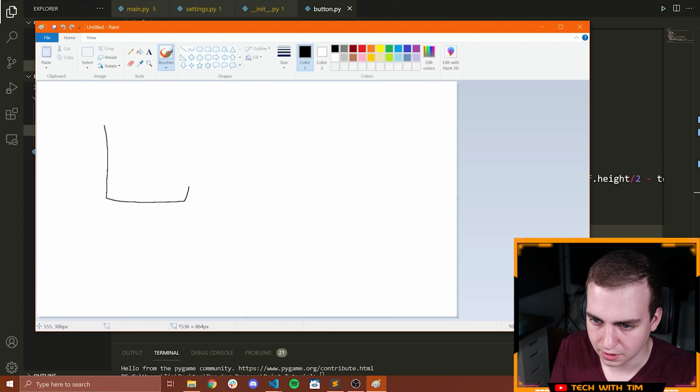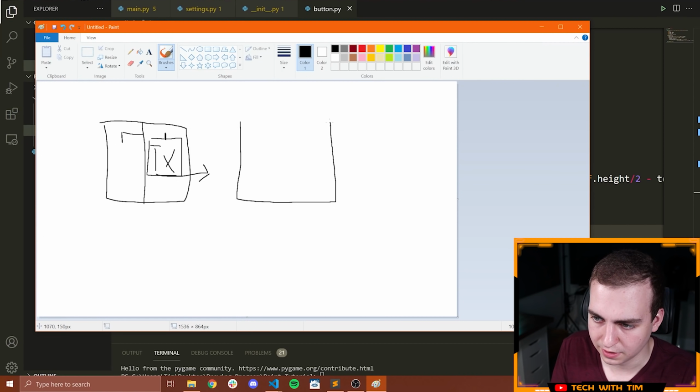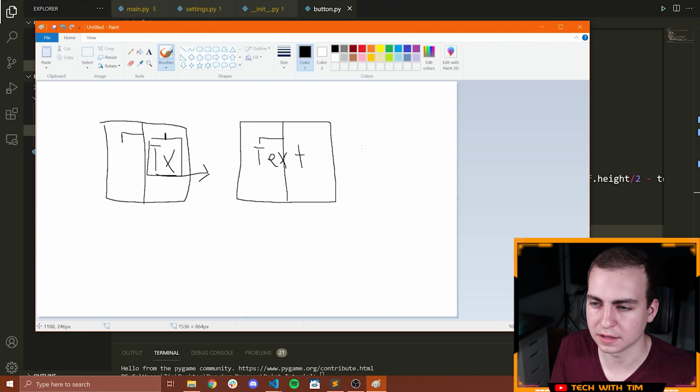Okay, so let's say we have our rectangle. This is the middle. If I draw my text here, then it just goes on the right of the button. I don't want that. So what I need to do is take whatever the width of my text is, divide that by 2, and then use that as the offset of where I start drawing my text. So if I redo this now, if we say this is the middle of my button, then I'm going to draw my text here, so that when I start drawing it, excuse me, with my mouse, it's going to be right in the middle.